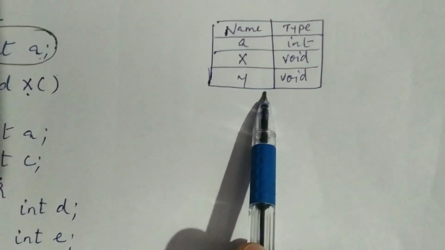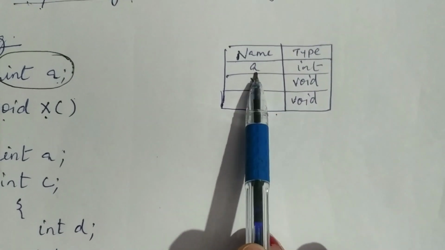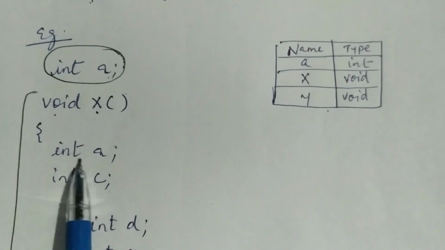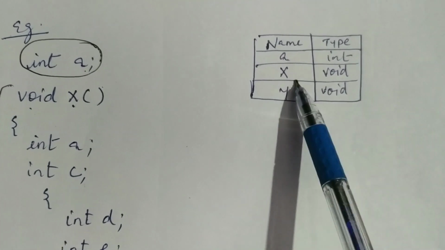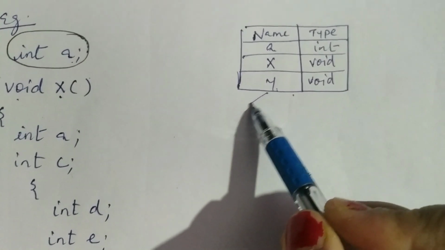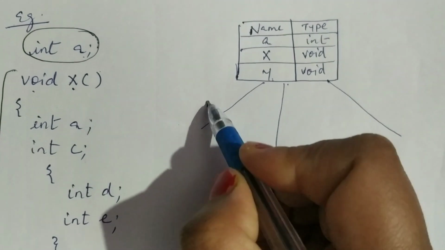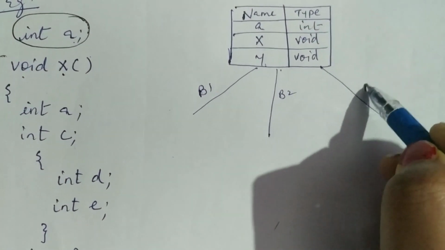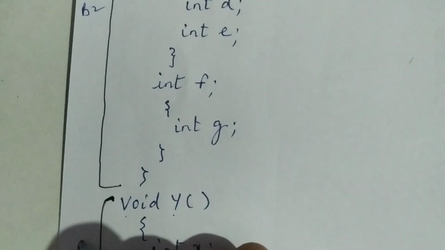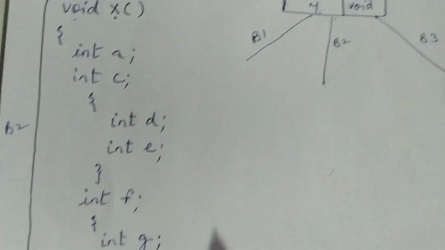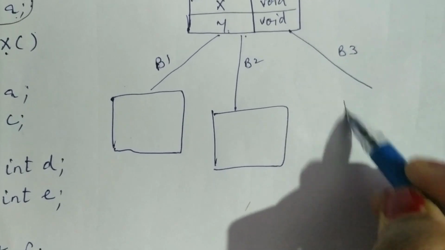What comes next is the representation of each and every block. Means कि किस ब्लॉक में अब कितना डेटा है, अब हमें वो सिंबल टेबल में स्टोर करना है. So we have 3 different independent blocks, which means the symbol table will further get divided into 3 parts. This is block 1, block 2 and block 3. So now each and every block will be stored in the symbol table.